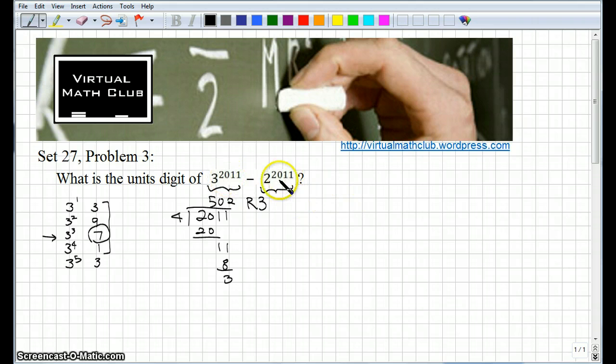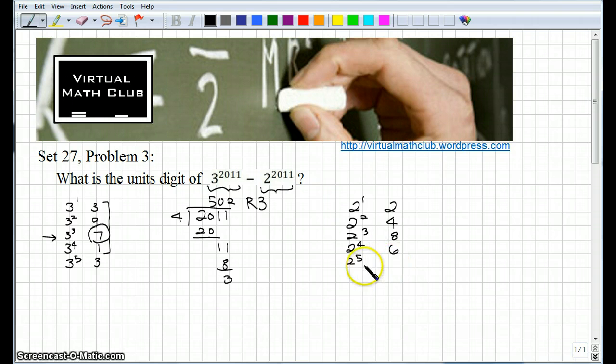Alright, so let's look now at this other part, 2 to the 2011th. Let's look at the powers of 2 just like we did over here. So 2 to the 1 has the units digit of 2. 2 squared has the units digit of 4. 2 cubed, 8. 2 to the 4th, that's 16, so I'll just write 6 because that's the units digit. 2 to the 5th